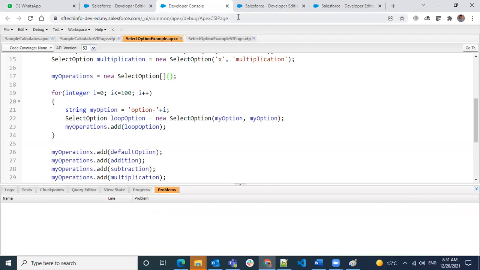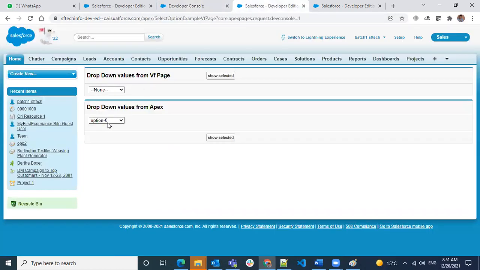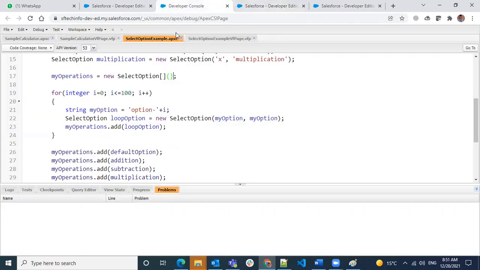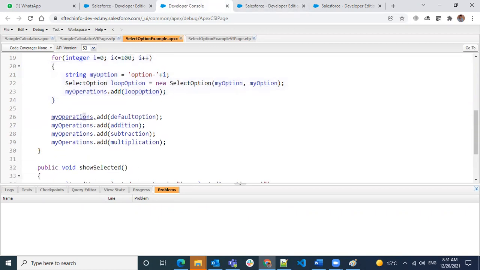One second, there is an error actually. Sorry, it is correct only. Previously it was not saved, it had some error. So now I have initialized over here, and I have entered these values, followed by these four options, right? So if you see here,